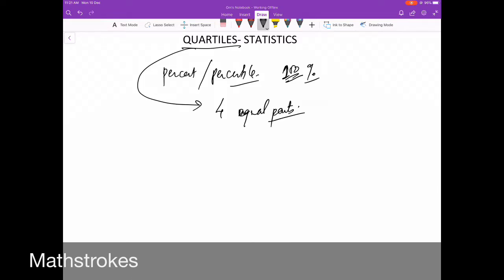Suppose I have a straight line, I want to divide it into 4 equal parts. I will cut it from 3 places. Let's say this is q1, this is q2, this is q3. This is what we mean by quartiles actually. q1, q2, q3 are 3 quartiles. This is not exactly what I mean, but this is a good analogy to get a vibe of